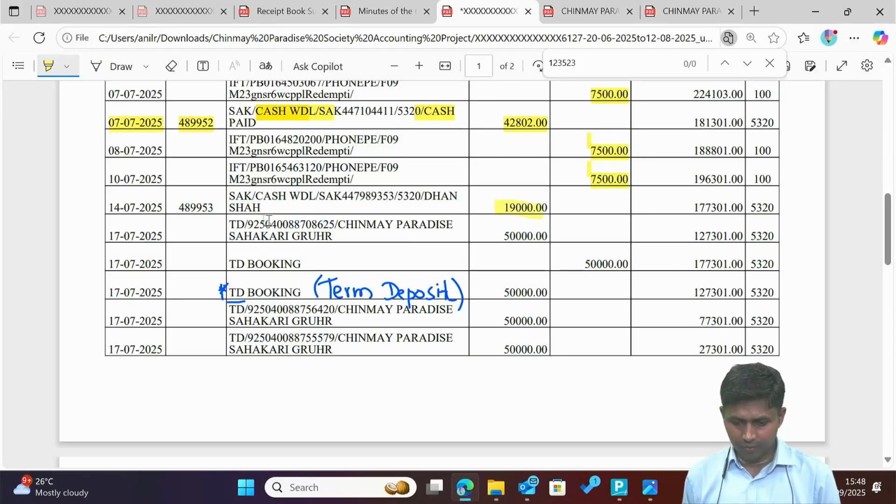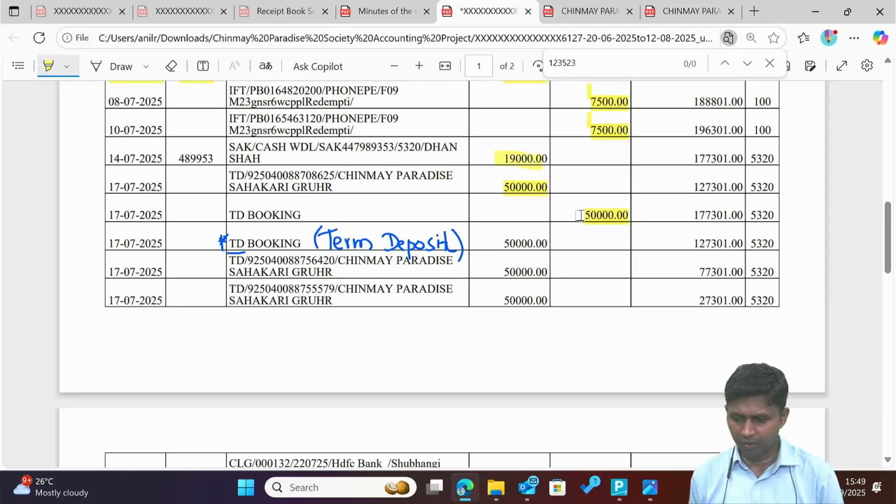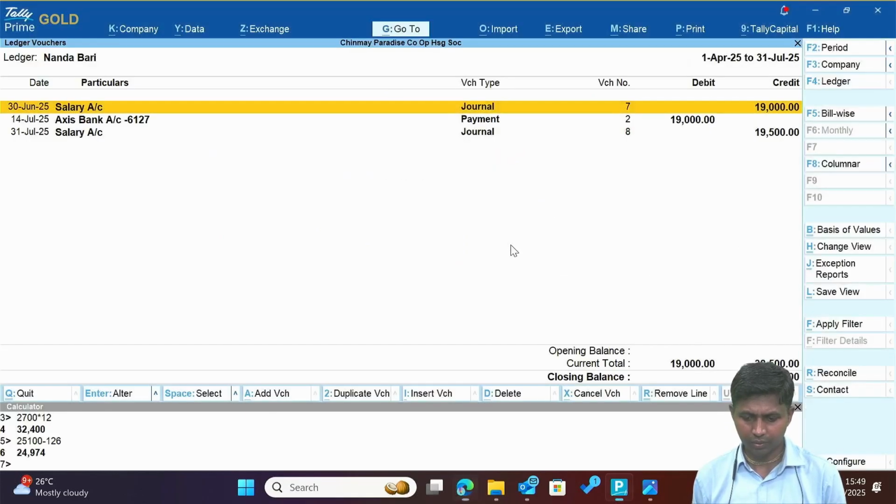Then after that, do you understand from this? Yes, TD means term deposit. They have written here first term deposit, withdrawal and against deposited. That means this transaction is bounced. You can pass these two transactions, or otherwise you can simply ignore them. This debit is cancelling with the credit. Because this will not affect any closing balance, on 17th July, the next term deposit of 50,000,